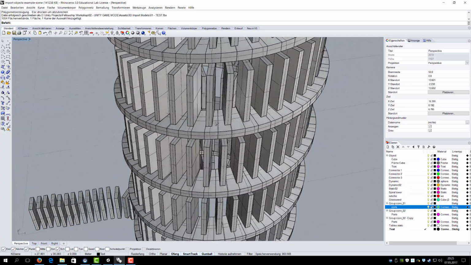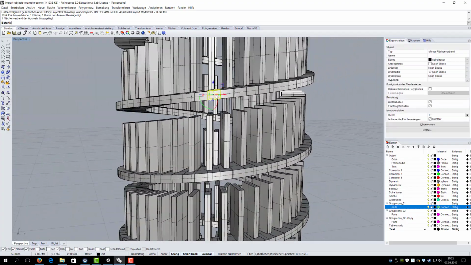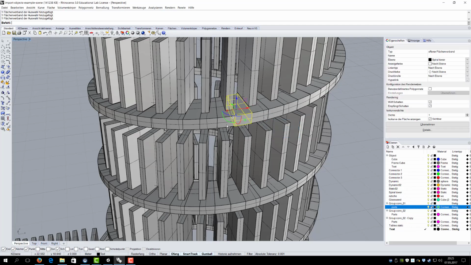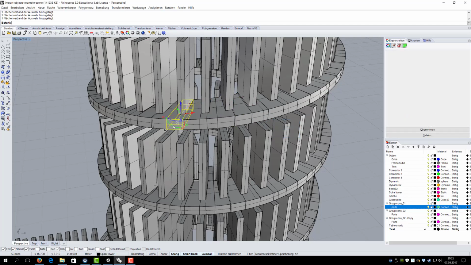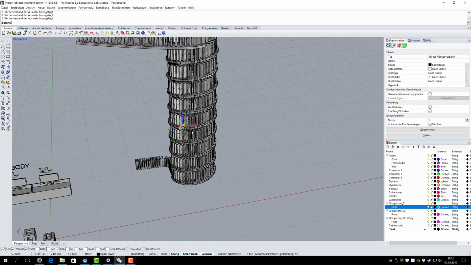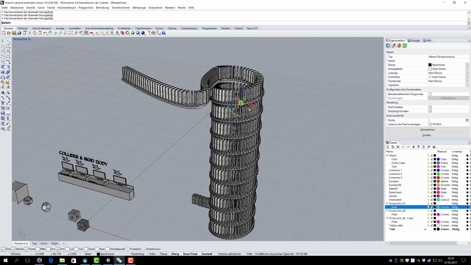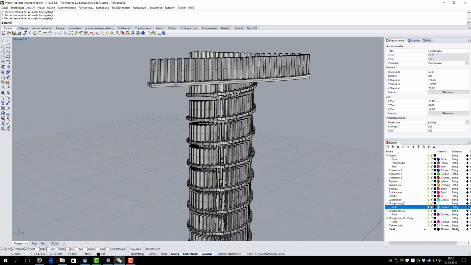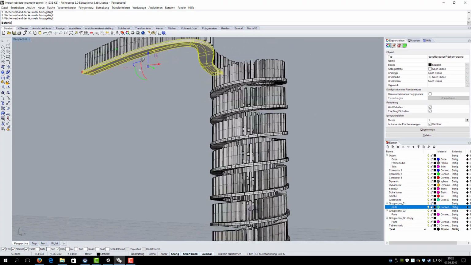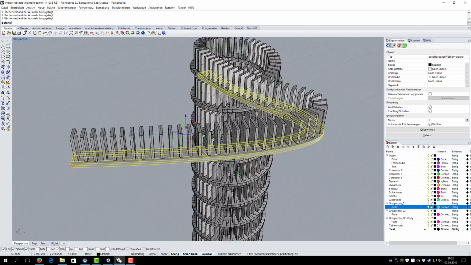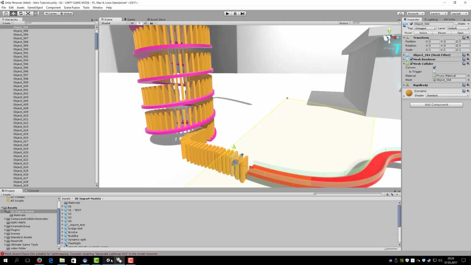But just make sure that your object is split into single parts, because otherwise the mesh collider will give you a few problems. So if you export something like this, this will be already a problem. Now it's fine, but if you look into Unity now,